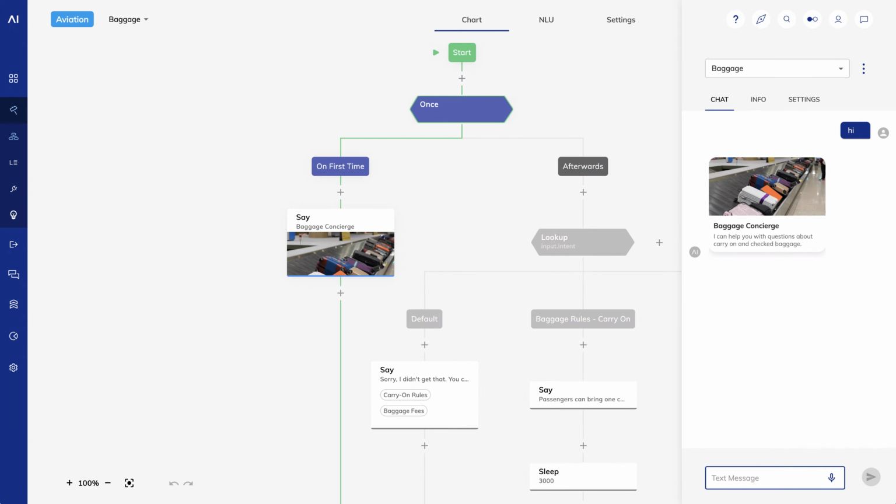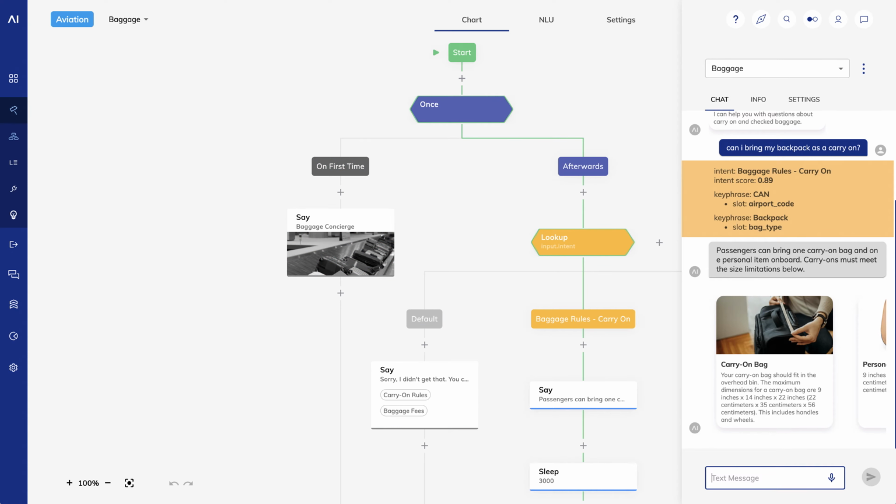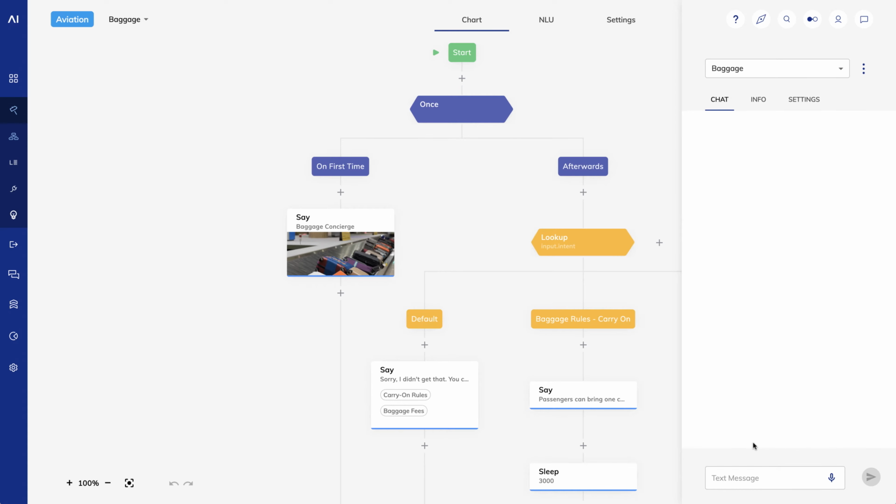To start learning about the input and the context, I need to give you a proper introduction to the interaction panel. So far, we've used the interaction panel to test out our flows. We turned on expert mode to see feedback like intents and slot matches. And we used our favorite shortcut, Control-B or Command-B, to clear the chat window. But there's much more to the interaction panel.